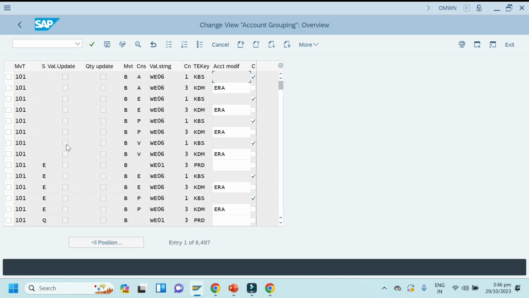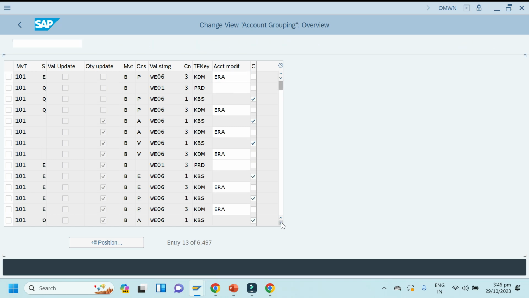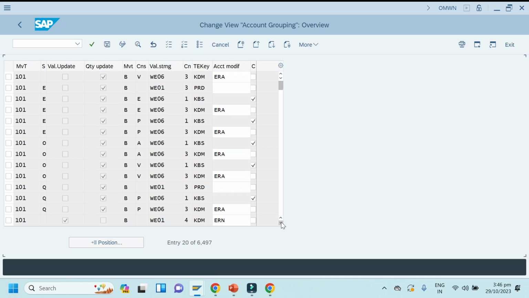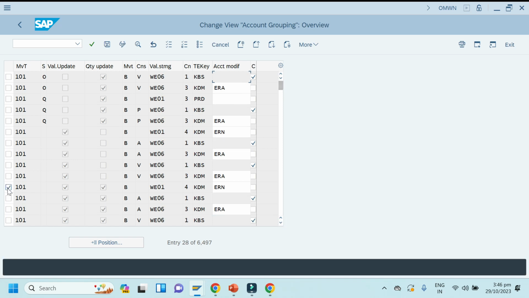For each movement type, a valuation string is assigned, in the combination of stock type, comma, value type, quantity update.